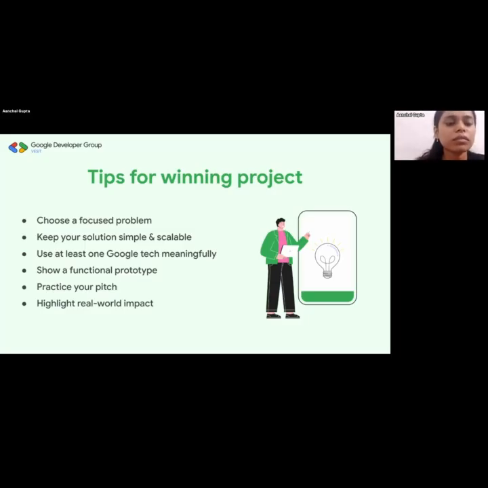For real world impact, the best question to ask is whether you would use it yourself. All the guys over here who get their hair cut on weekends, would you use that barbershop app? Yes, definitely you would use it to save your time, right? But would you use a chatbot to clear out garbage? No, it's not really going to create an impact. So keep asking yourself that question at every stage, whether you would use this yourself, whether this would create an impact in your life, in the life of the people that you're building this solution for. Will it create an impact in society?